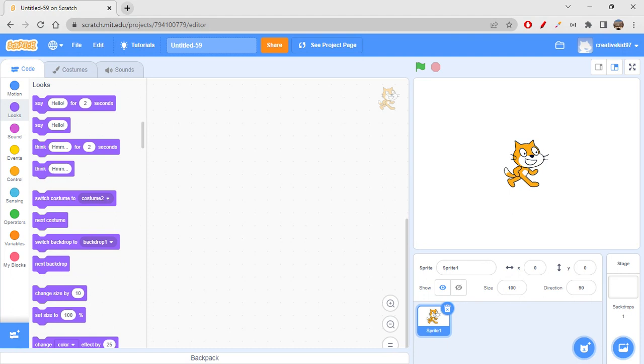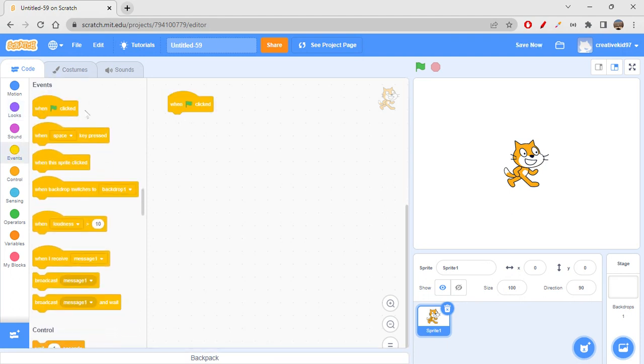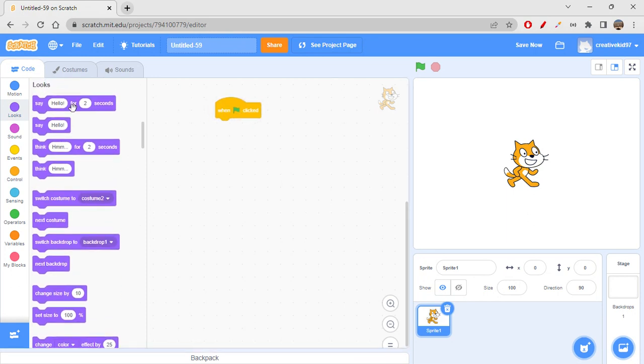Starting off with the first block here, which is say hello for 2 seconds. Like the name itself suggests, right? Say hello for 2 seconds. So basically, you can say something with the sprite. Say something means it doesn't speak out anything. It just opens up a speech bubble on its head and it will show whatever you were trying to tell,